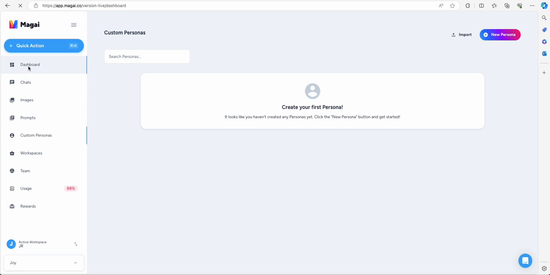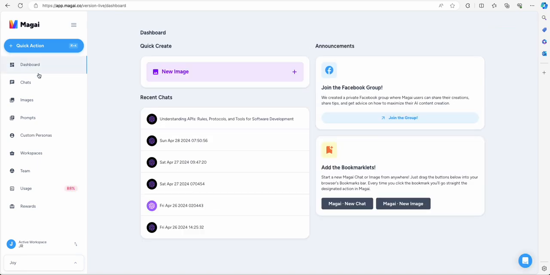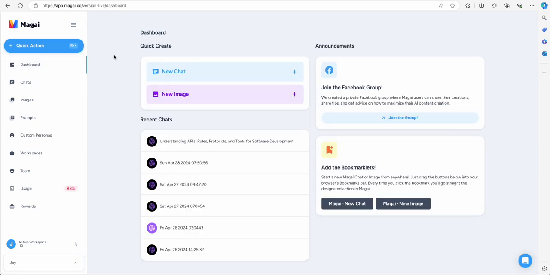And going back to dashboards, you can switch between workspaces as well. If you have multiple workspaces, you can switch among them. So yeah, this is one of the coolest platforms I discovered very recently. You have the ability to ask questions,